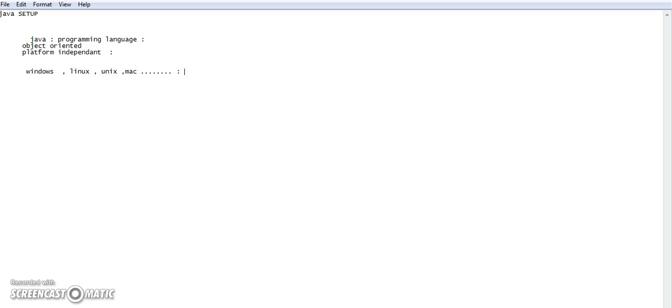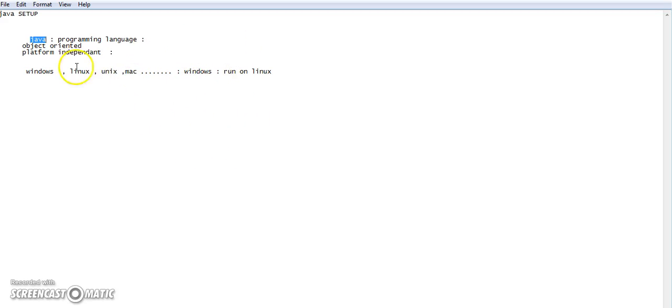What platform independent means is that I am writing my Java program in Windows, and I am trying to run it on Linux. Windows is a different operating system and Linux is a different operating system. So I am writing the code in one operating system and trying to execute it in the other operating system. Java has that feature of doing